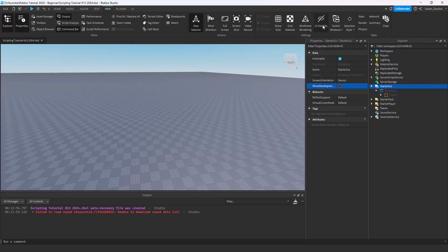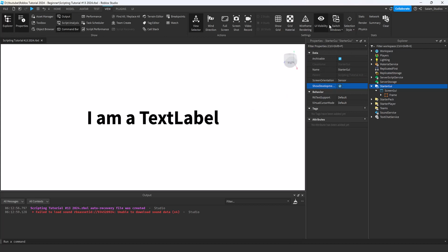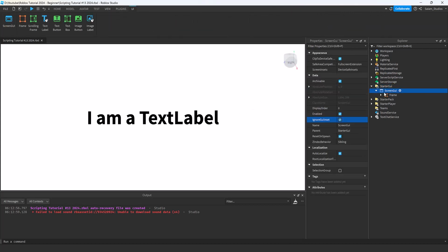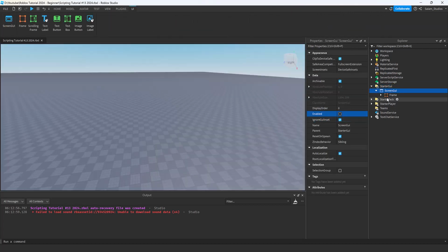For example, right now the UI visibility is toggled off. If we click on it and toggle it on, we can see how the UI is visible again. Now let's disable this GUI and talk more about